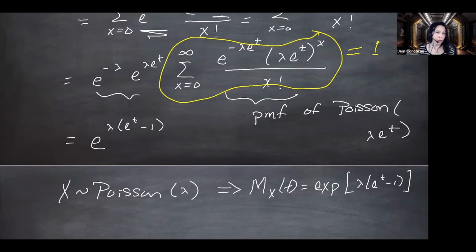And this holds for any t, but some moment generating functions, when you go to compute the sum or the integral that you get, will diverge or blow up for certain values of t. So sometimes you might see a moment generating function written down and it'll say something like, if t is less than lambda. That's actually not right here. But sometimes there are restrictions. It will only converge for certain values of t.